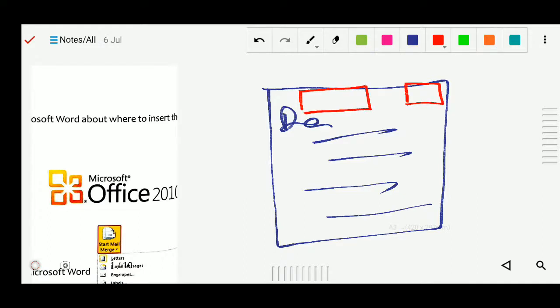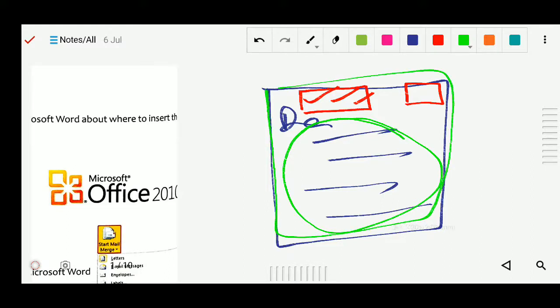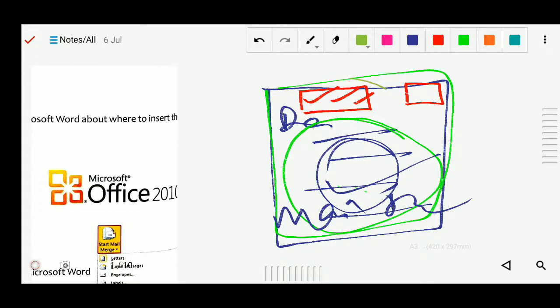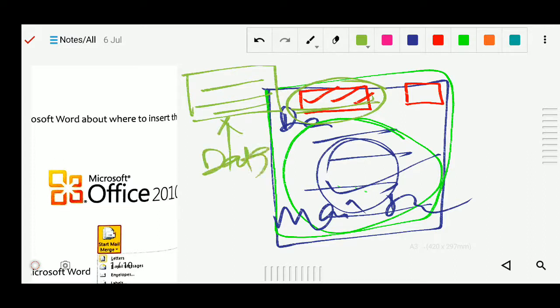All the time this address should be changed, but this letter content should be the same. So this letter part only is your main document. And this tabular form where we write in one portion all the details like their address, name, city, pin, this is your data source.